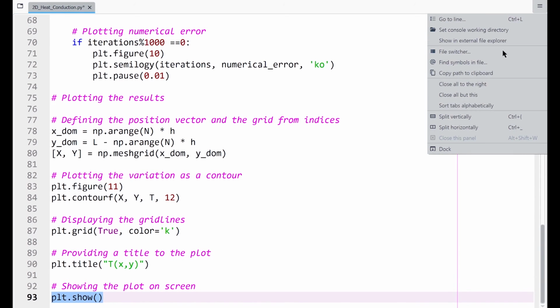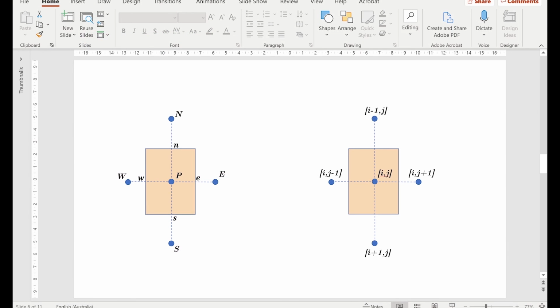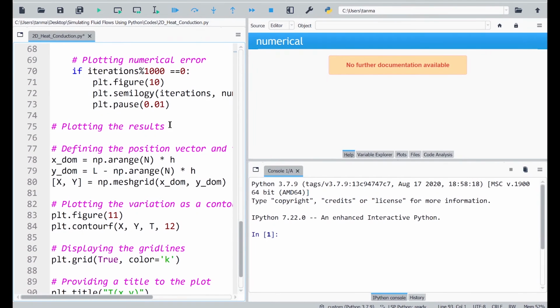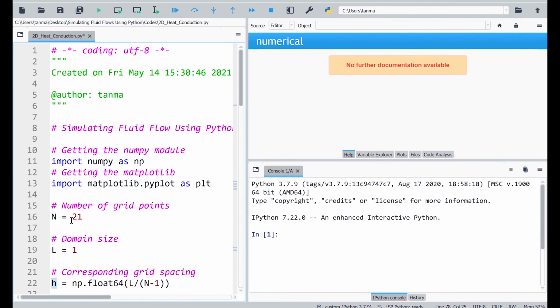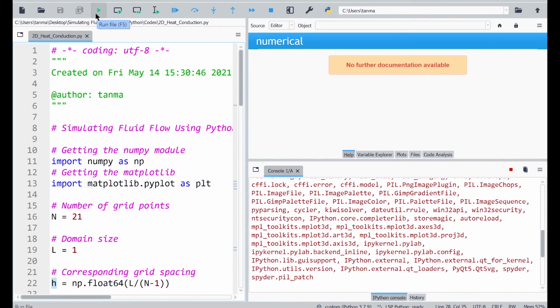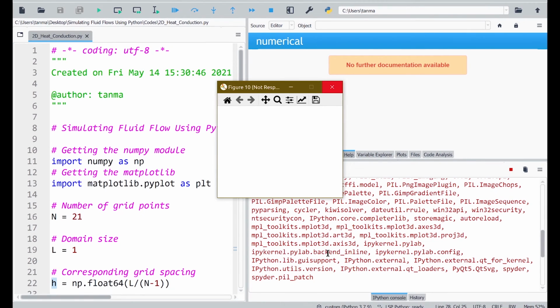So, I will quickly dock this particular editor back into the Python interface, and I will run this code for n equals 21. Let me show you what happens when I run this code. We have figure number 10 that opens up, that plots all the numerical error as a function of iterations.